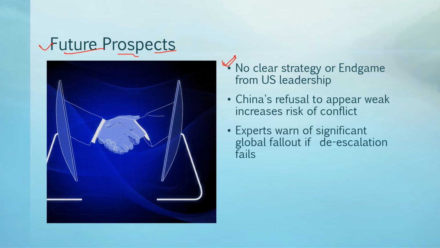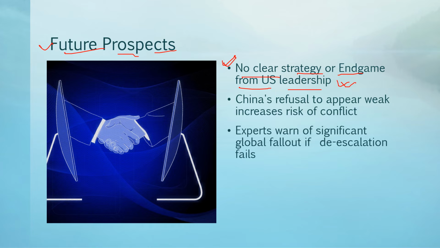पेसिमिस्टिक इसलिए है या फिर कोई होप इसलिए नहीं दिख रहा है क्योंकि there is no clear strategy and end game from US leadership. यूएस लीडरशिप की तरफ से कोई एक स्ट्रैटेजी नहीं है इसको टैकल करने का, राइट? वो टैरिफ जो है बढ़ाते ही जा रहे हैं। इनफैक्ट वो एक टेबल पे जाकर चीज़ों को डिस्कस करना, वो चीज़ें नहीं हो रही हैं। एक एग्रेसिव स्ट्राइक वाला अप्रोच चल रहा है कि